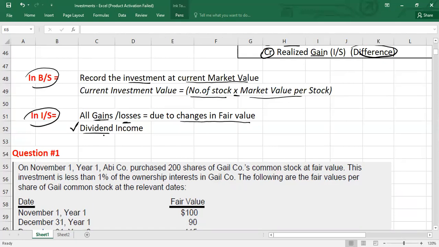I'm assuming it is not a liquidating dividend, okay, because a liquidating dividend you will not take to the income statement. We will see in the future classes. So here you should just remember that. Then guys,